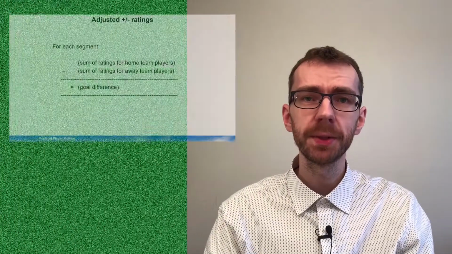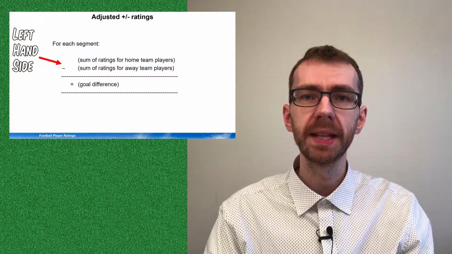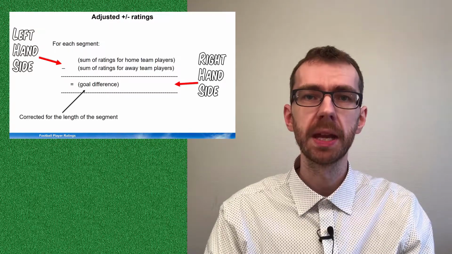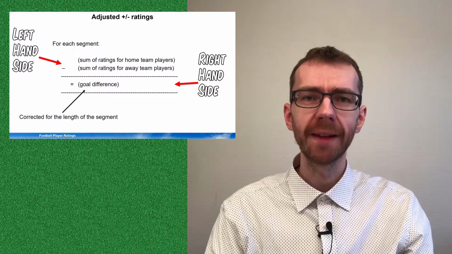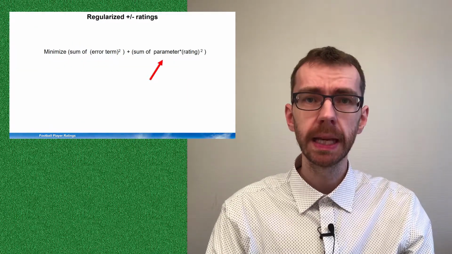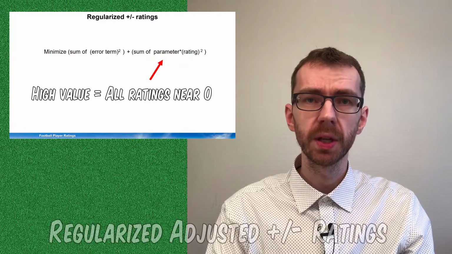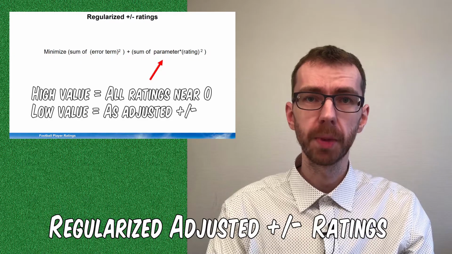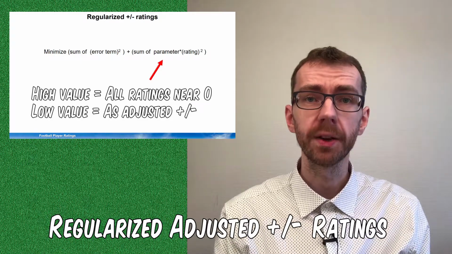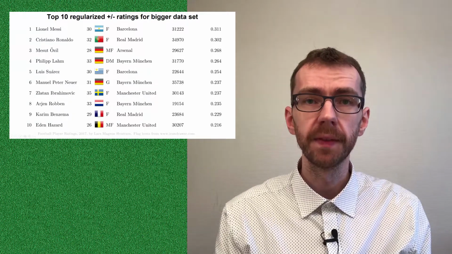In previous videos, we have presented some mathematical models that can be used to calculate ratings for football players based on past match data. We have in no way reached a final polished version of our rating system yet, but we have a somewhat interesting version that calculates what is known as regularized adjusted plus-minus ratings. While we are still going to make lots of improvements to our rating systems, in this video we will use